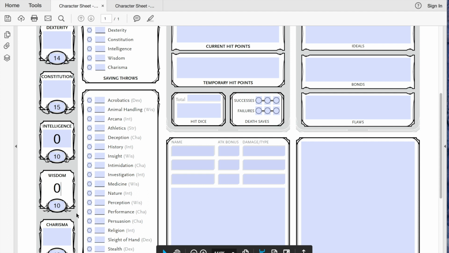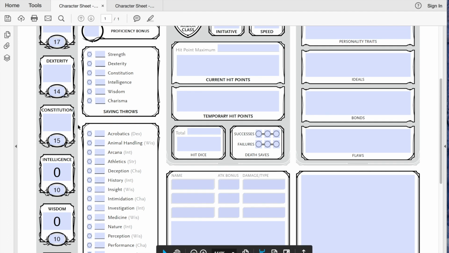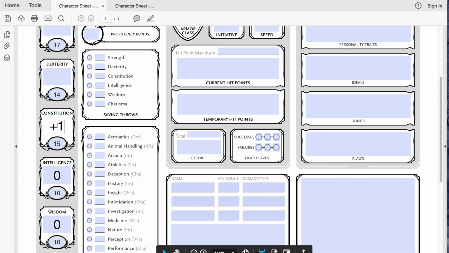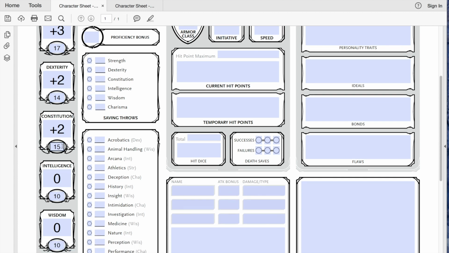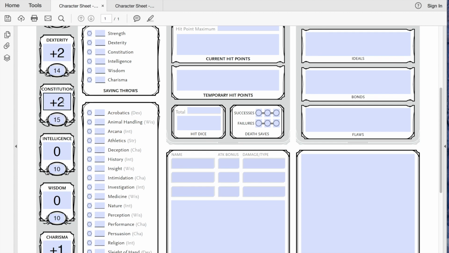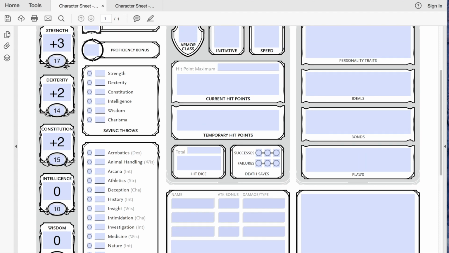Okay? However, once you get up to 12 to 13, it's a +1. Similarly, in the 14 and 15 range, it is +2. And finally, at 17, it is +3. So as you can see, as the numbers get higher, the ability score modifier gets higher. So the higher your ability score, the higher your modifier,